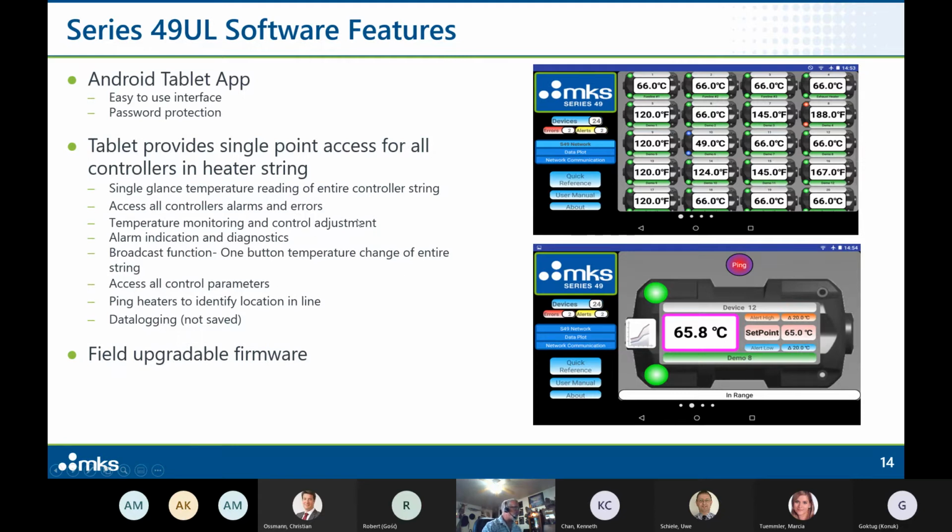So: temperature monitoring, control adjustment, alarm indication and diagnostics, broadcast function. Say I've got a PM coming up on my tool, and I want to shut all the heaters down. I can do a broadcast function and say, okay, everybody, drop down to 35 degrees C, and then all my heaters would drop down. When my PM is complete, I can do another broadcast function and bring all the heaters back up to